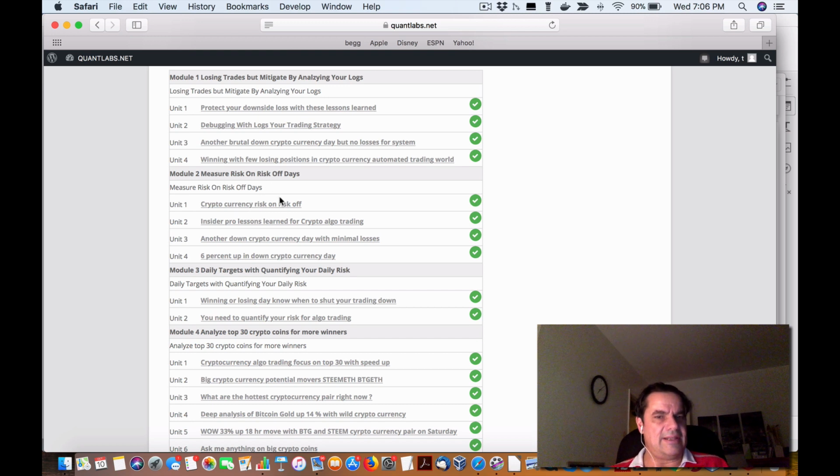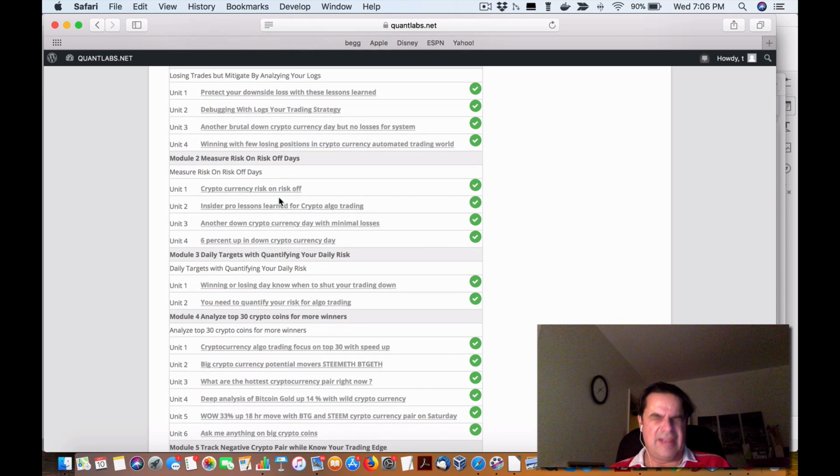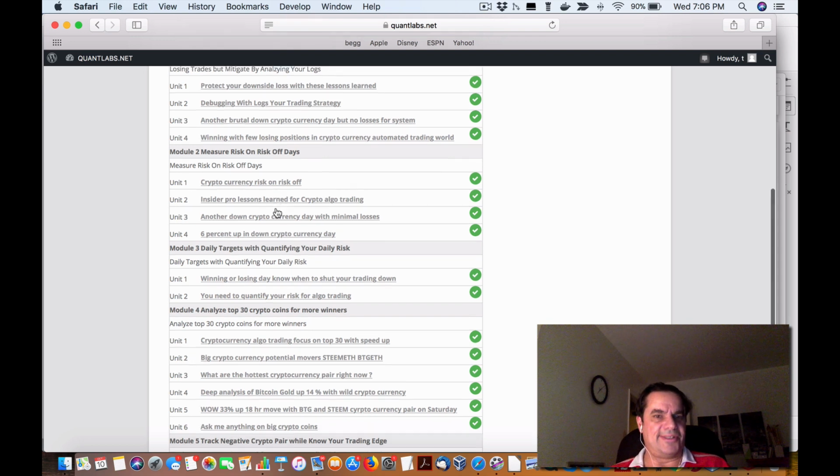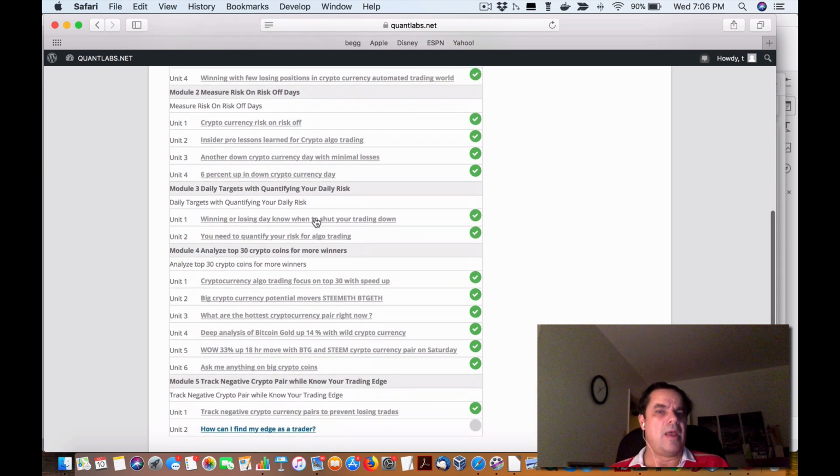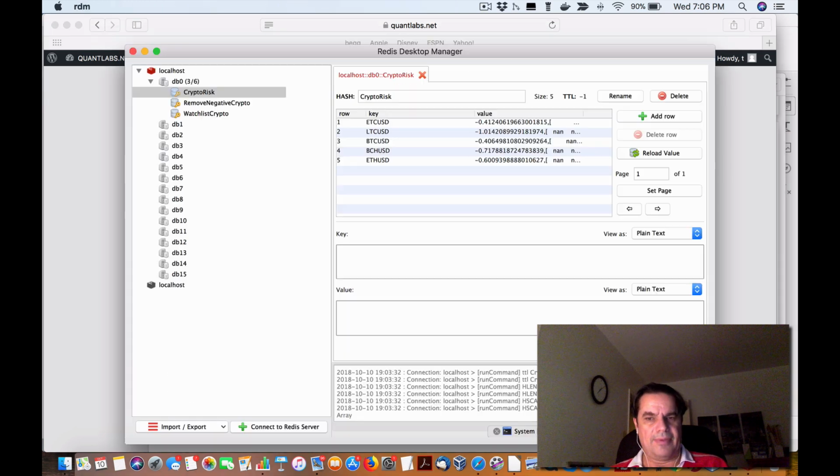So I set a daily target, the daily target percent move that I want, and then do I shut down the system. So this is what this refers to. Know when to shut down your system, your strategy, to protect your profit because you've achieved your daily profit. Now, I do mention you need to know how to quantify your risk. Takes it to here. Now, these are the top 5 big